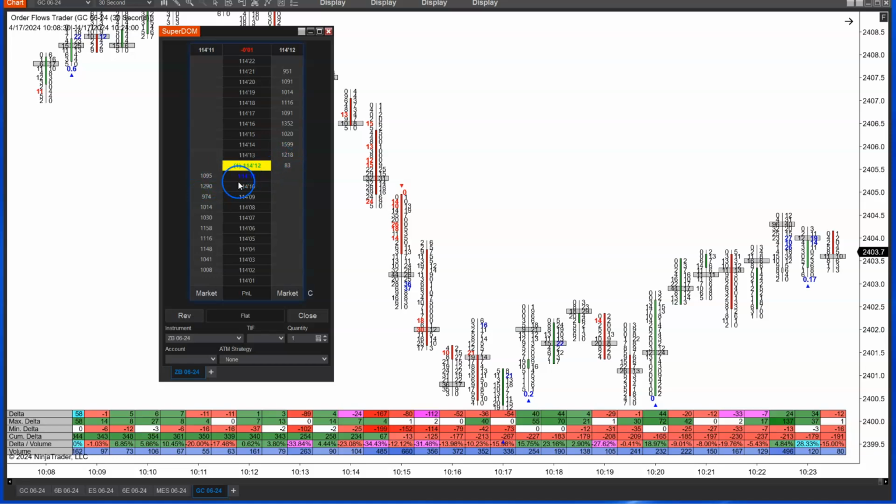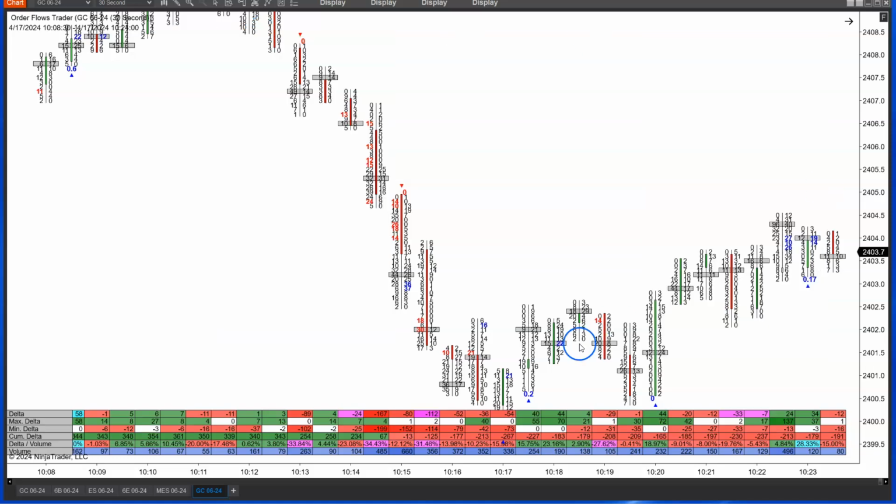In the two-way auction in the markets, you have a bid and you have an offer. When an aggressive seller sells into the bid, that registers as -1 delta. Why? Because you have an aggressive seller removing liquidity from the market. If you have positive delta of 1, that means an aggressive trader bought one contract at the market. They bought it at the offer from a passive seller. So negative delta means aggressive selling. Positive delta means